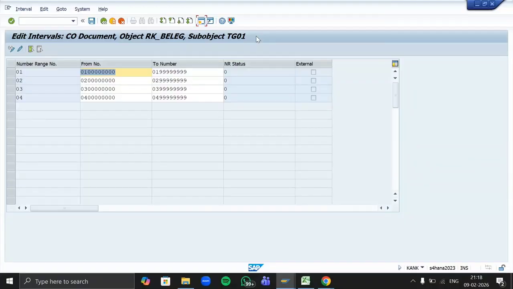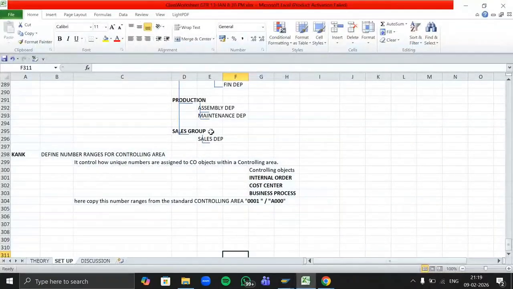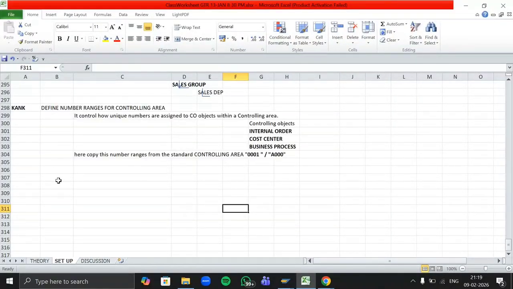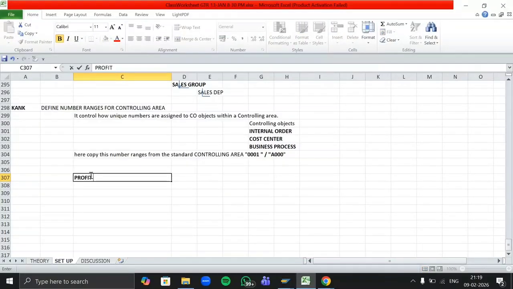Okay. So now once again theory comes. Earlier we understood what a cost center is, right? This time we have to understand what a profit center is. So what can a profit center be? What can you understand with the term profit center here?